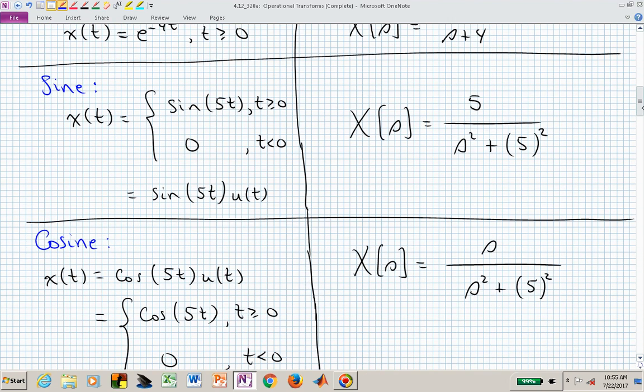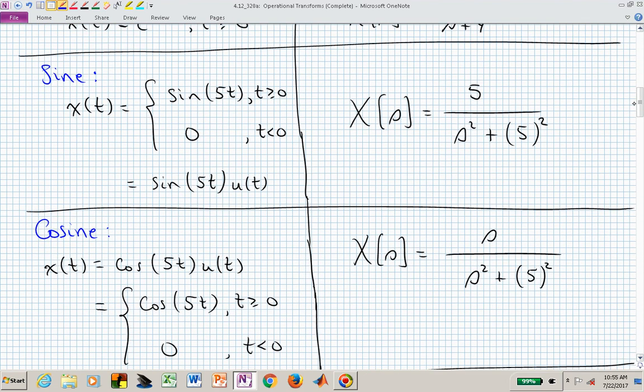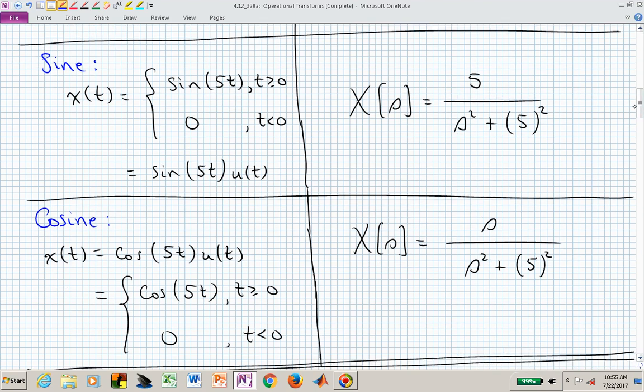In contrast to that, if we have oscillating waveforms, here we have sine and cosine, which are pure sine and cosine. There's no damping involved with these waveforms, and we can write these sine and cosine waveforms in different ways. It's sometimes easier to think about it in terms of this first way that I've written sine, where I have sine of 5t for non-negative values of t and 0 for negative values of time, but you can rewrite that more